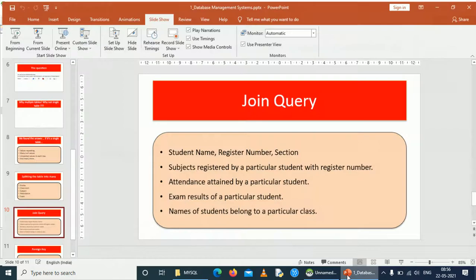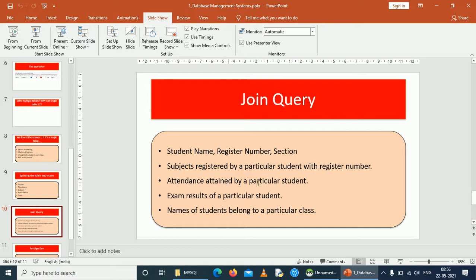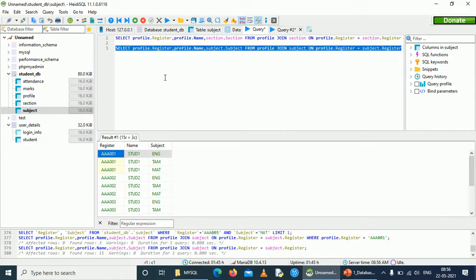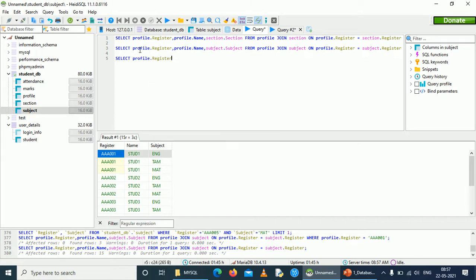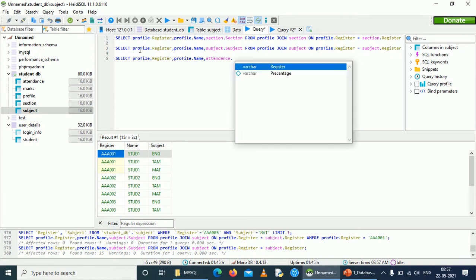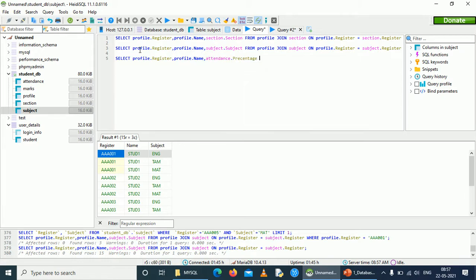Right. The third join query: attendance attained by a particular student. Same thing. Select profile.register, attendance.percentage from profile. Now we are joining the profile table and attendance table.